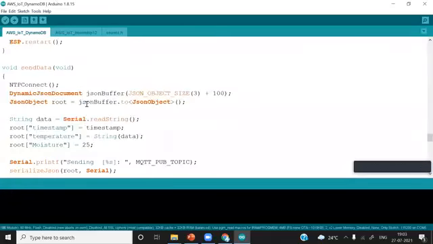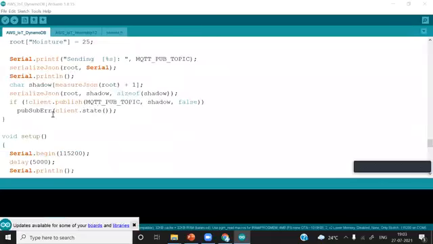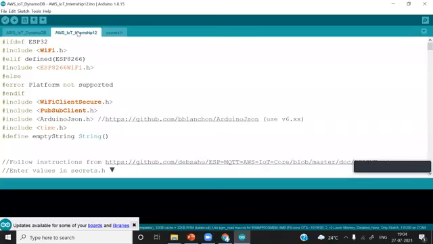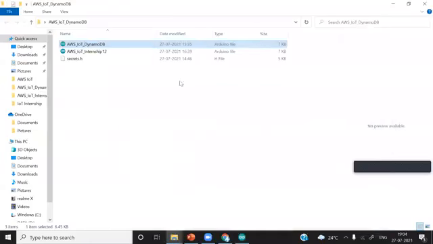After this, I'm calling NTP Connect again to get the latest time, and then I've added this timestamp to this object. I'll just delete this one.